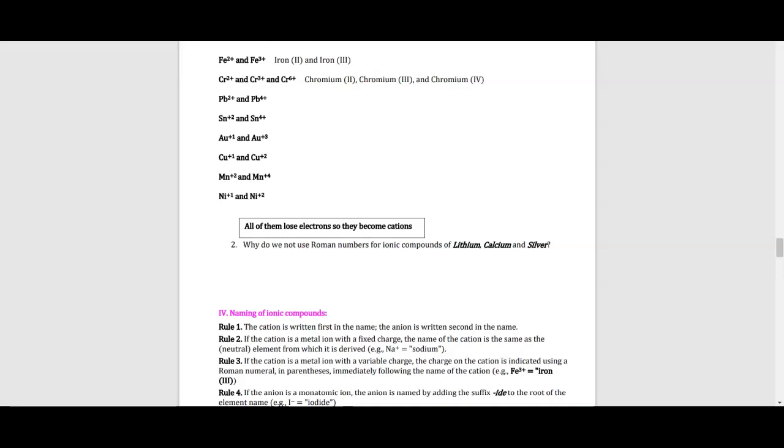Okay, now we're going to learn how to name ionic compounds. There are some rules, and they're pretty simple. First of all, the cation is always located in the first place, and for the name of the cation, we just use the regular name for the element. For the anion, which is written at the last position in the formula, we need to use